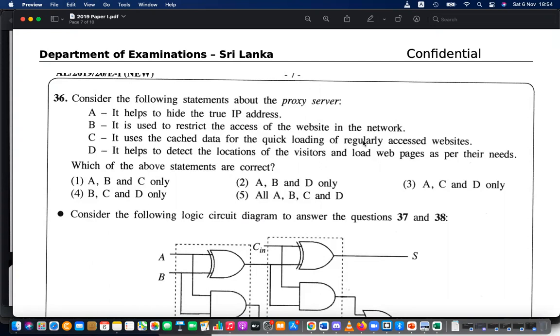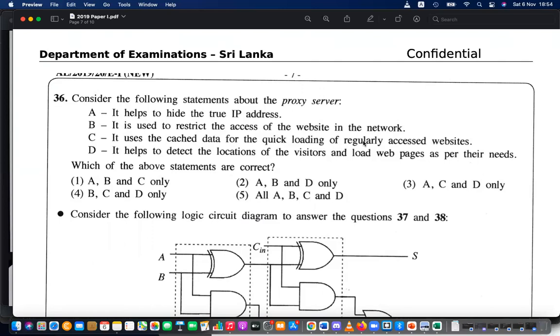What a proxy server does is cache the regular downloads. It keeps the downloaded pages temporarily. Then when some person requests that web page, it will be released from the cache. So that will be faster, right? Rather than downloading it from the beginning from the internet, it's releasing the file from the cache. That will be faster. So that is true.